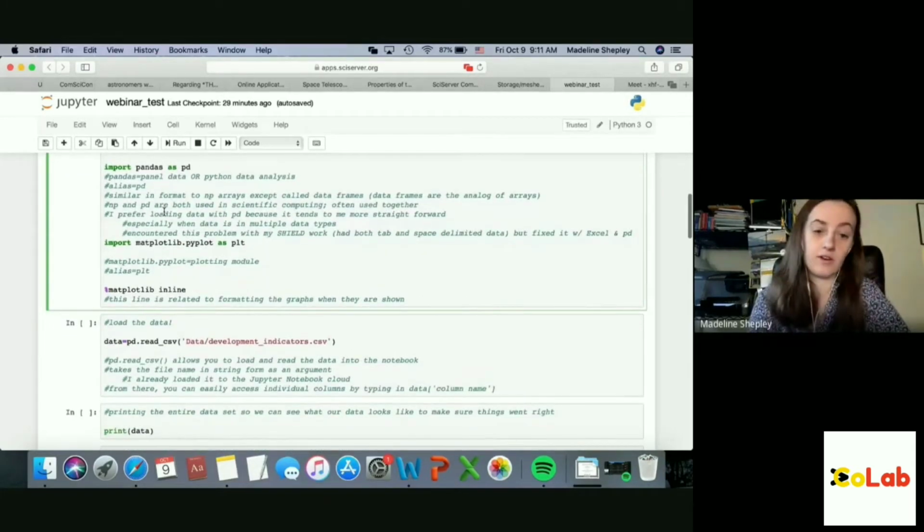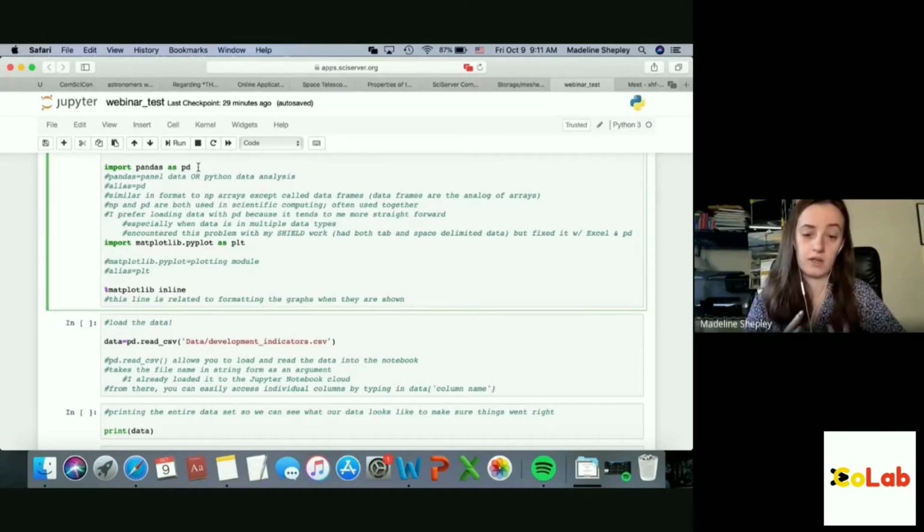The next package that we will be loading is Pandas. Pandas stands for Panel Data or Python Data Analysis. The data that it's loaded in is called data frames. It makes it really easy to load the data all in one run. And this is especially useful when you have data in multiple data types, such as strings or floats or